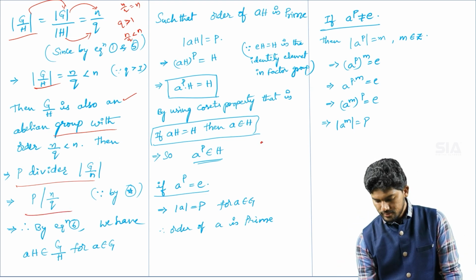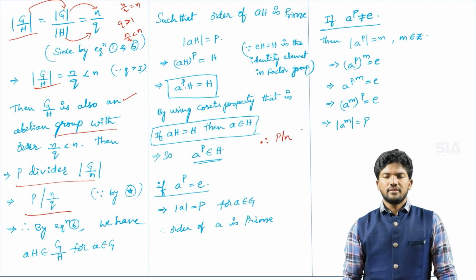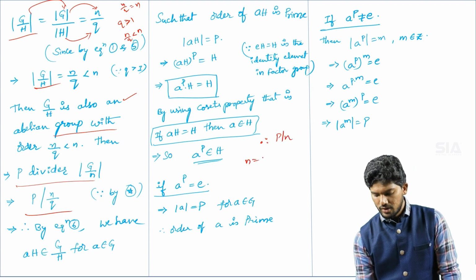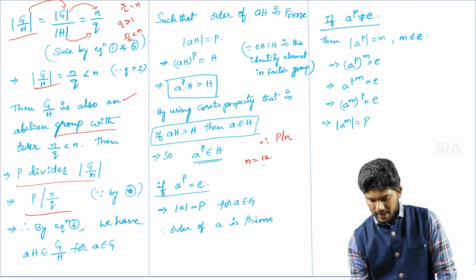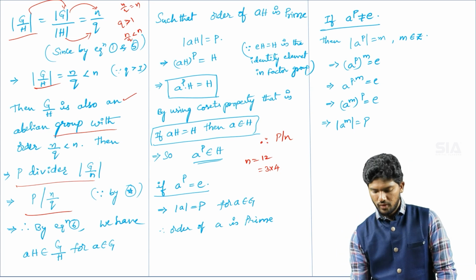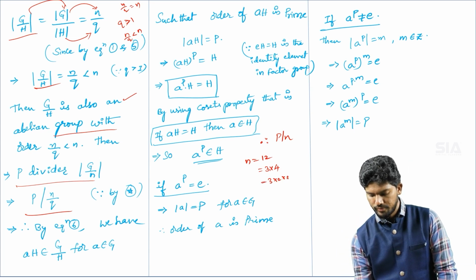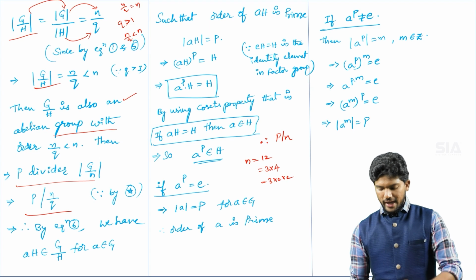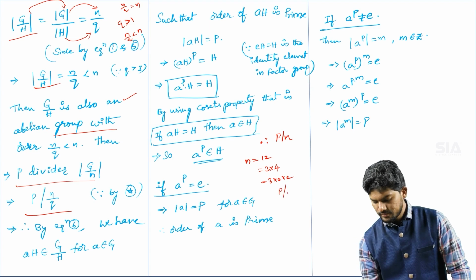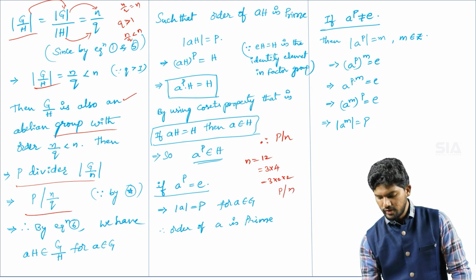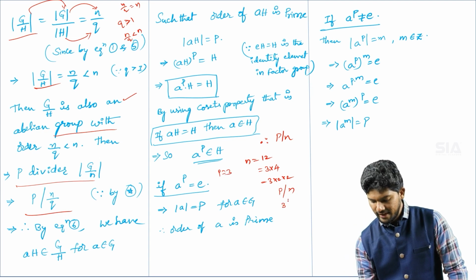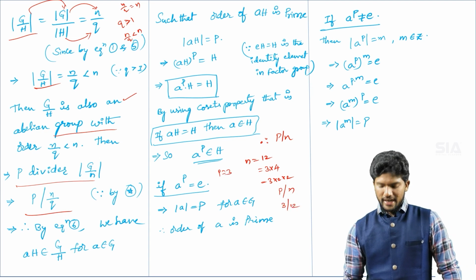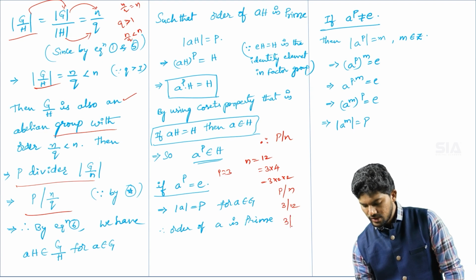Since p divides n, for example, if you take n is equal to 12, that is the order of the group. Now I am writing this 12 as a product of primes: 3 into 4, that is 3 into 2 into 2. So now I can write p divides n. That means if you take p is equal to 3, then 3 divides 12. Clearly you can write. At the same time 3 also divides